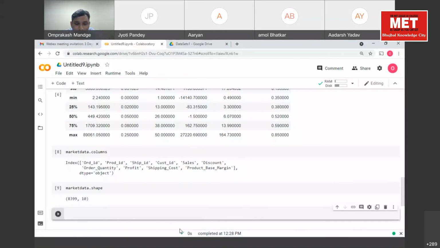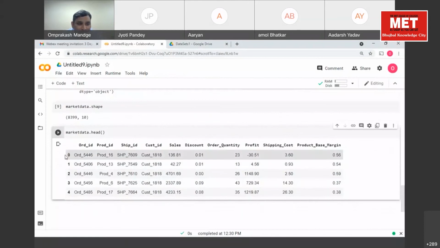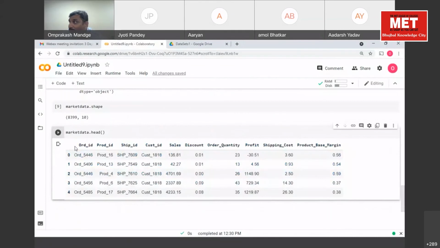Let me again issue the head command. Market data dot head. Now tell me about this index column. This particular index column is an additional column.